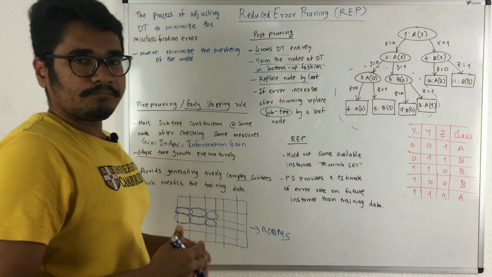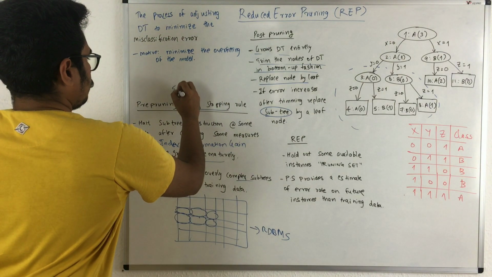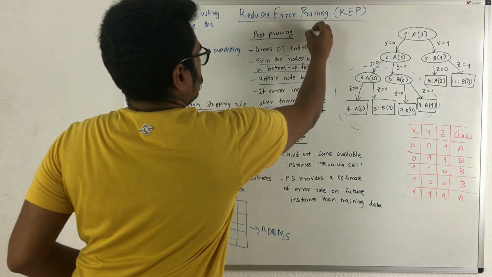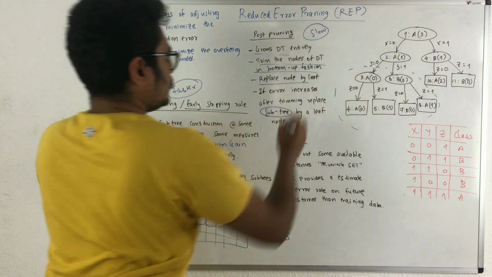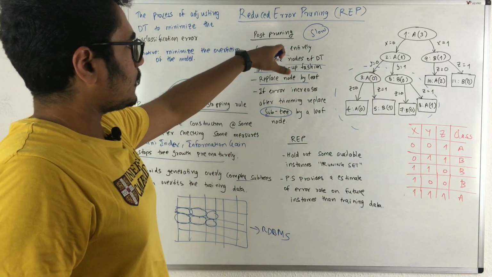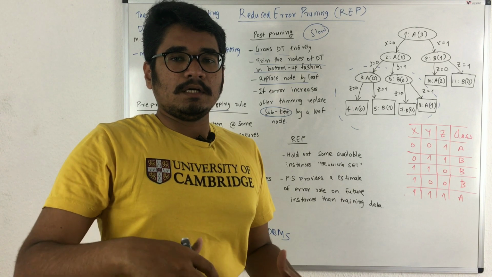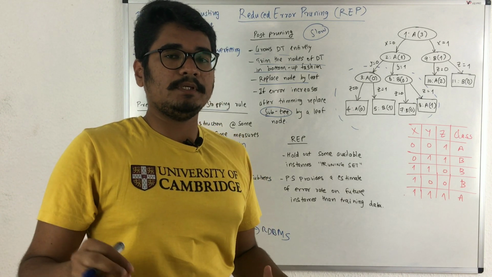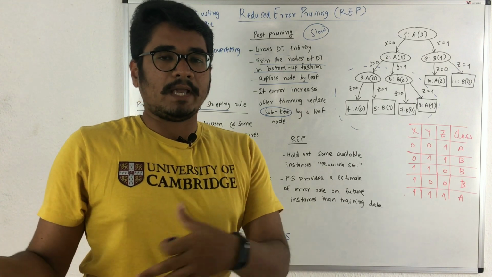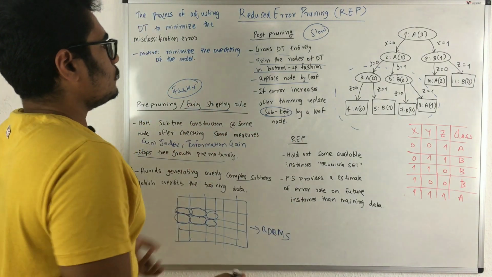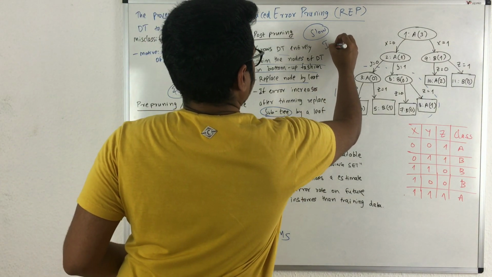Now in terms of efficiency, pre-pruning is faster compared to post-pruning, because before the tree is built you are just prematurely halting the tree growth. With post-pruning, you have to grow the tree fully, and after that you decide which nodes to be trimmed or which node has to be replaced with a leaf node. So that kind of decision is done here, and so you have one kind of interaction effect.